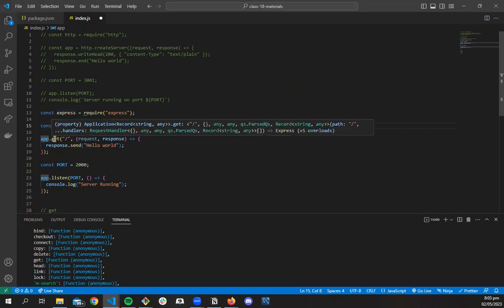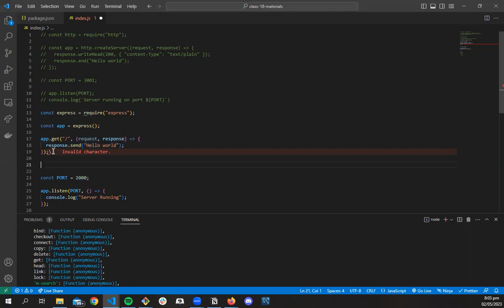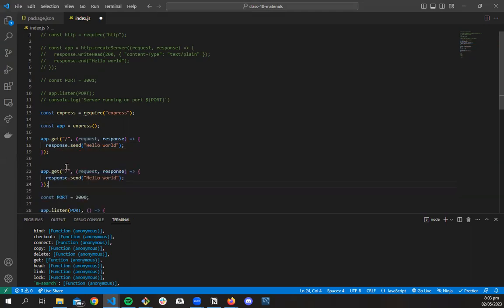So here I'm saying app.get. If it's just a get request and it is on the root route, what I want to do is send hello world. So for example, I could also say if it is a get request and it is on the login page, do welcome. Let me just copy the same thing, paste, and say that if it is a get request on the login page, what we want to do is